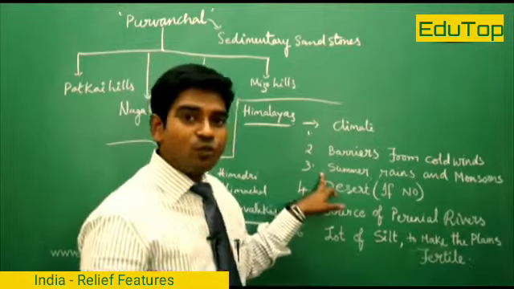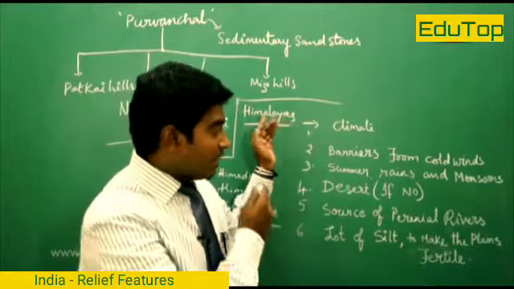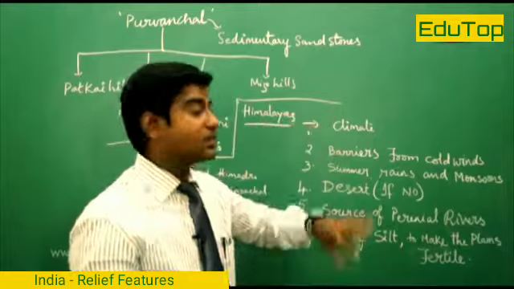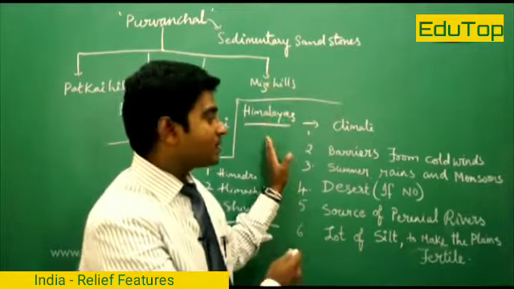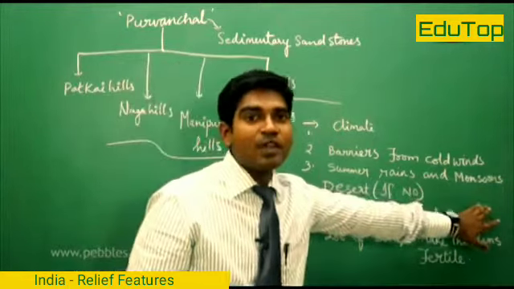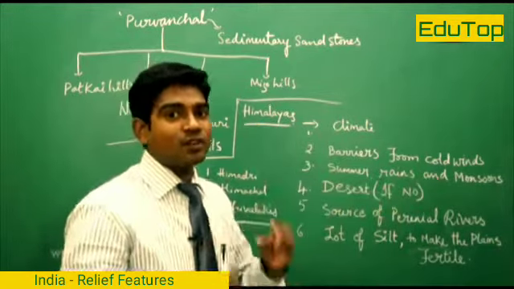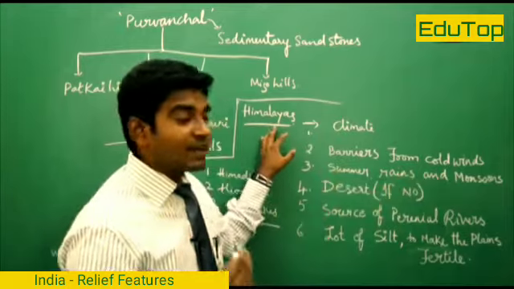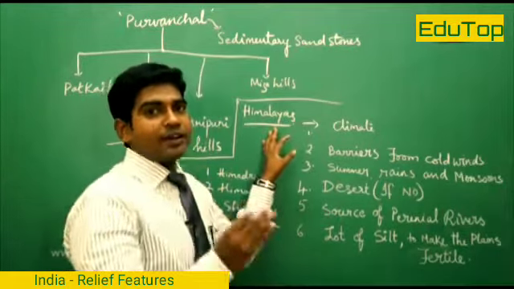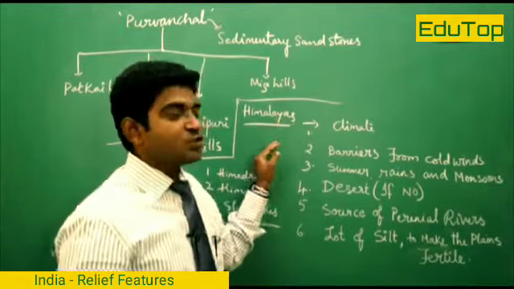The summers we experience are because of the Himalayas, and in summer also sometimes we get rains, that also we experience because of the Himalayas. We have the monsoon type of climatic conditions in the entire India, which is very helpful for Indians, especially in a country like India where 80% of the people are dependent on agriculture. We must have rains.